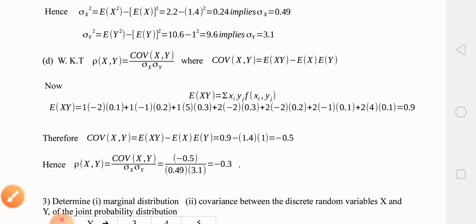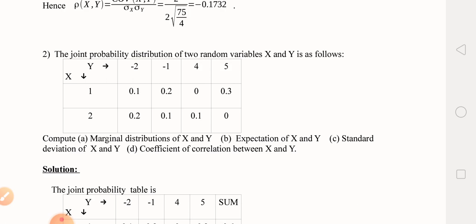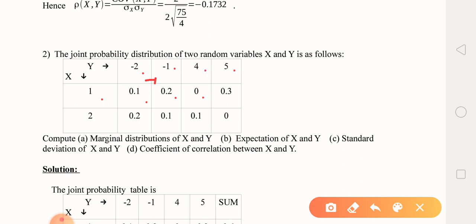So to calculate this, I will take the given table, or you can use the completed table. I have taken the given table. I will start with x equal to 1. I have to cover all y values with their probabilities. 1 into minus 2 into 0.1 plus 1 into minus 1 into 0.2 plus 1 into 4 into 0 plus 1 into 5 into 0.3 plus